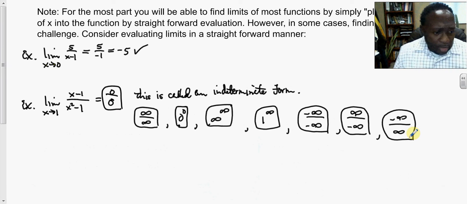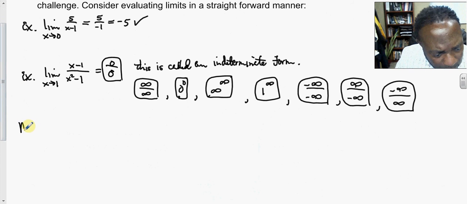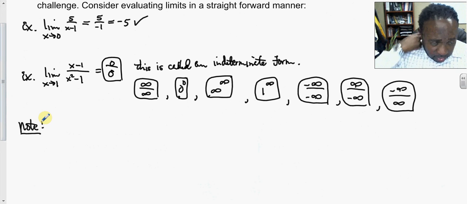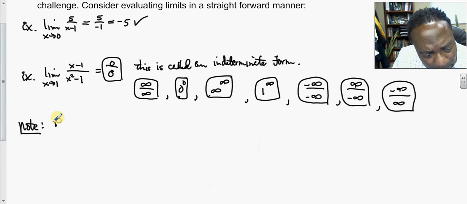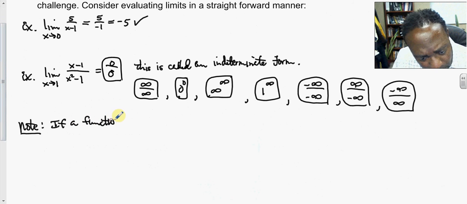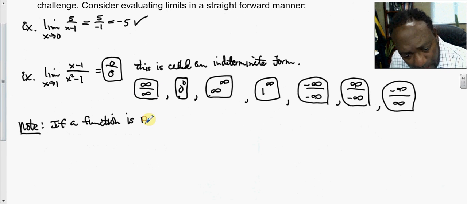If the function is said to be an indeterminate form, then we can do one of three things. And again, we have sections for this that we will discuss later, but I just want to give you an idea and not limit ourselves just to this one particular section. So here, if a function is in an indeterminate form,